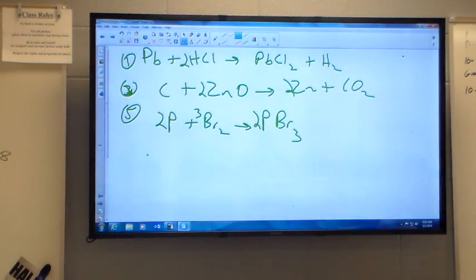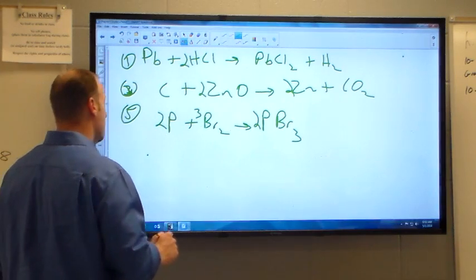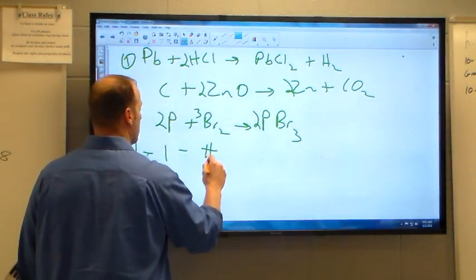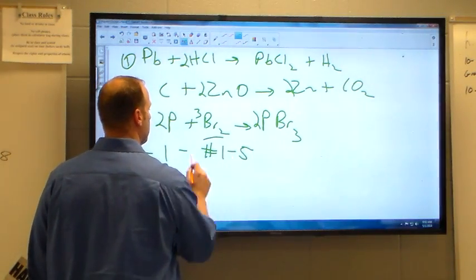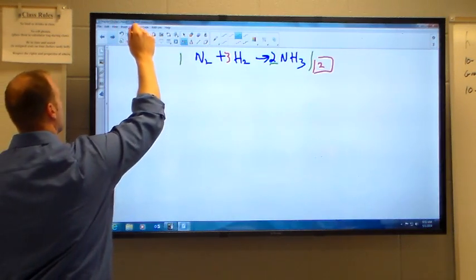All right, so here's the equations for the 11-1 practice sheet. You're to do numbers 1 through 5. You're also to complete the other side. Now on the other side,